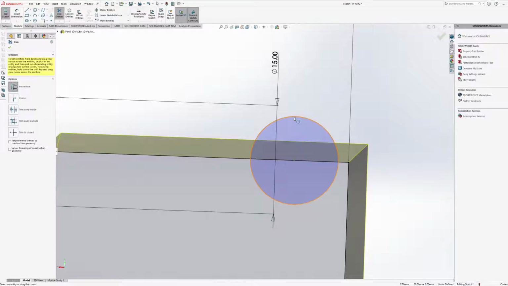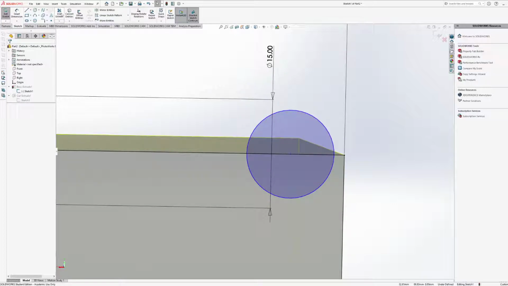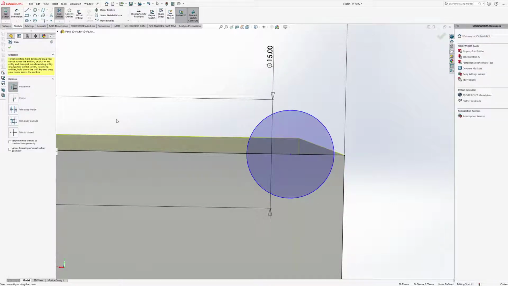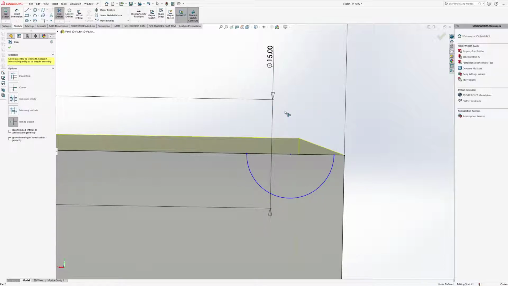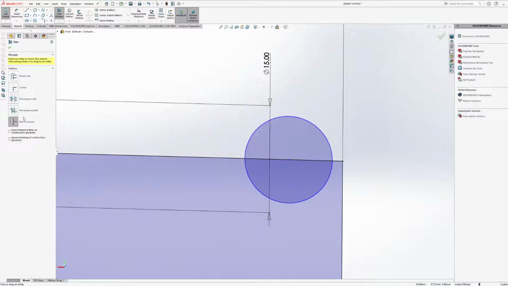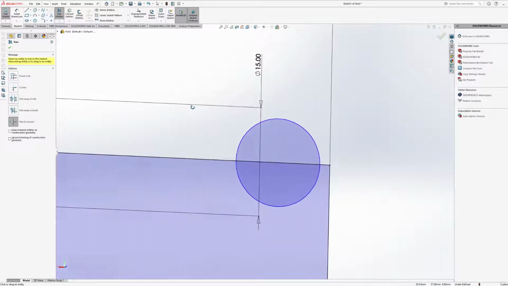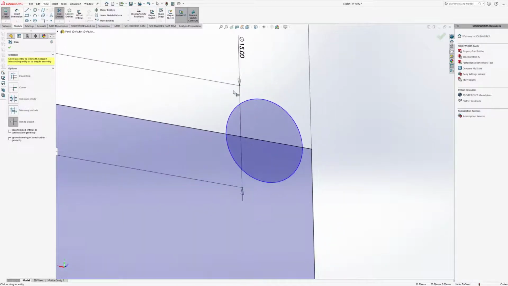Why is this one being mean? Come on, behave. There we go. I think it's trim to closest. Yeah, a lot of these settings we could probably talk a little bit more about next time, or I can provide maybe a little update on some of these extra settings. But